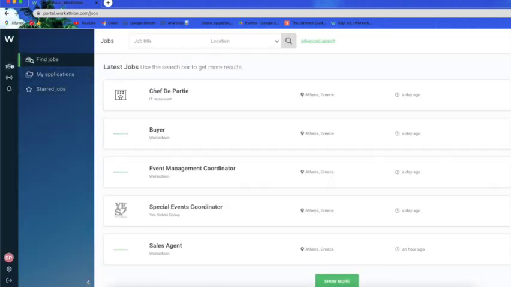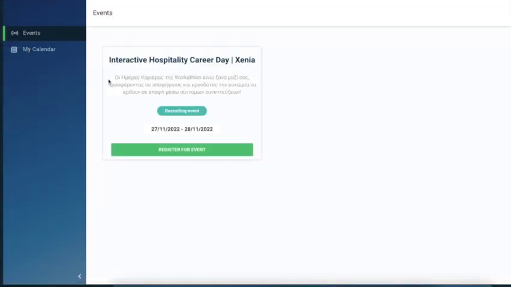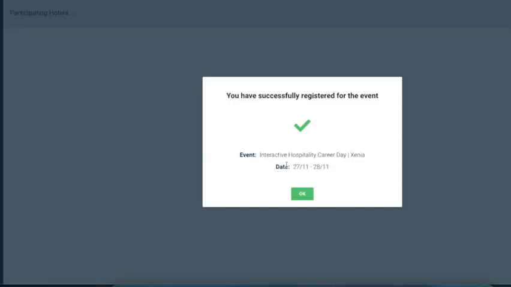Then you will have to click Events on the left side of the page and Hospitality Career Day event will be shown. You will click the green button that says Register for Event and you're registered. Congratulations! When you click OK, the list of the participating hotels will appear and make sure that